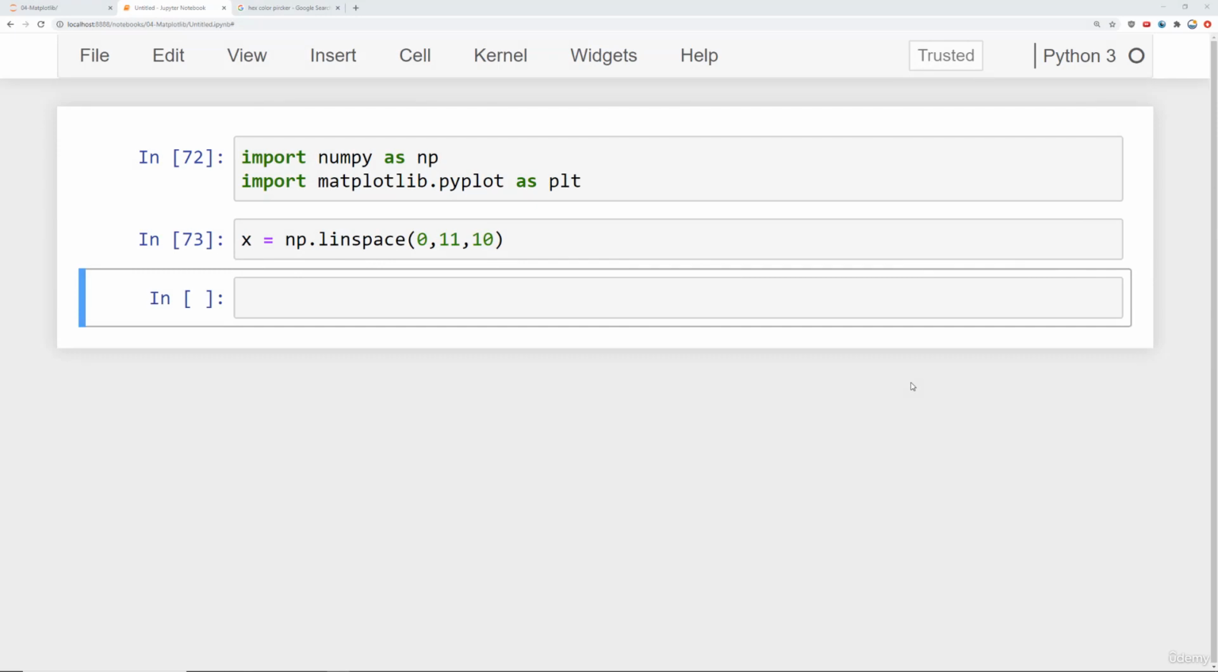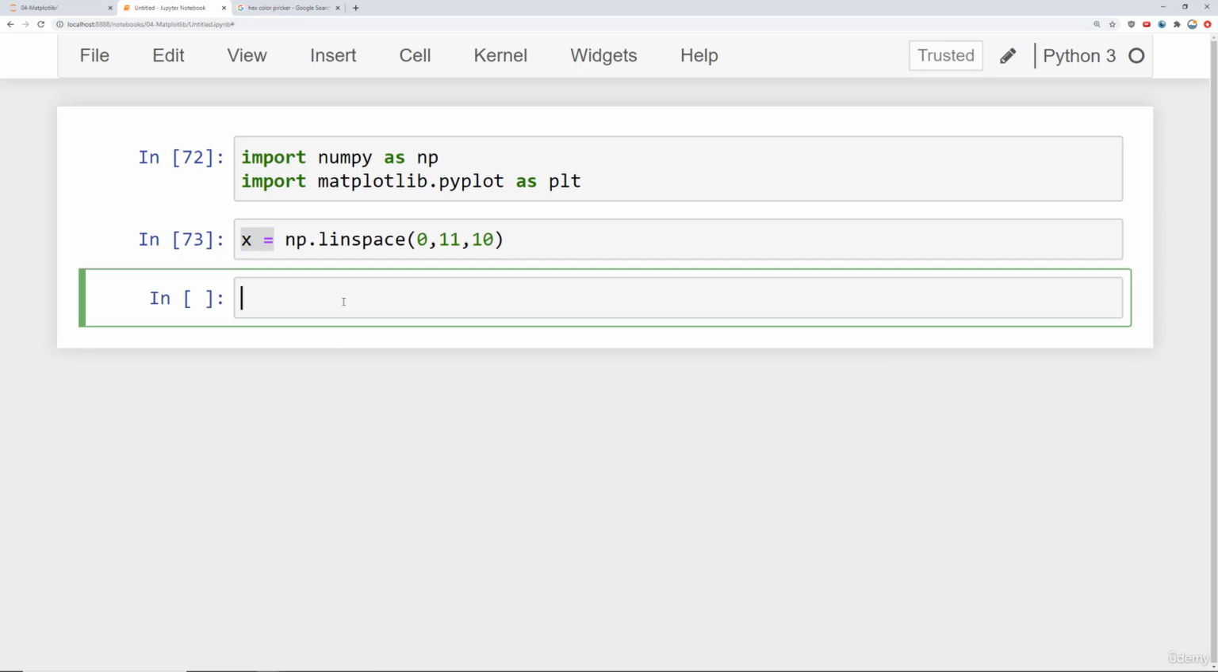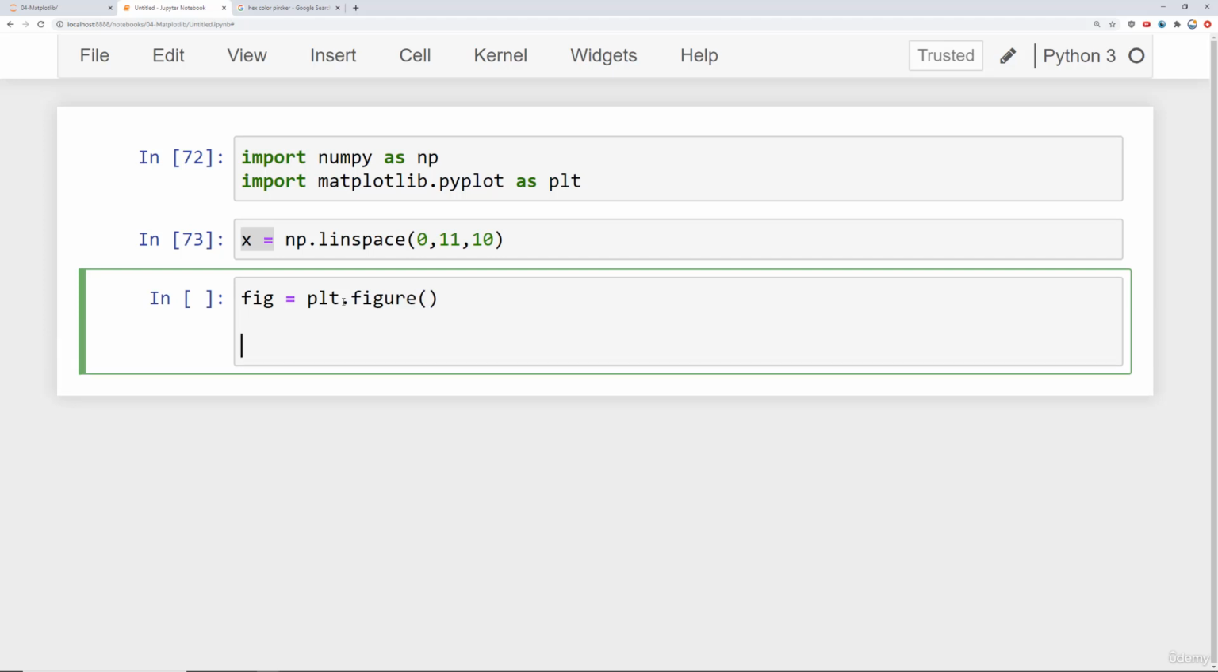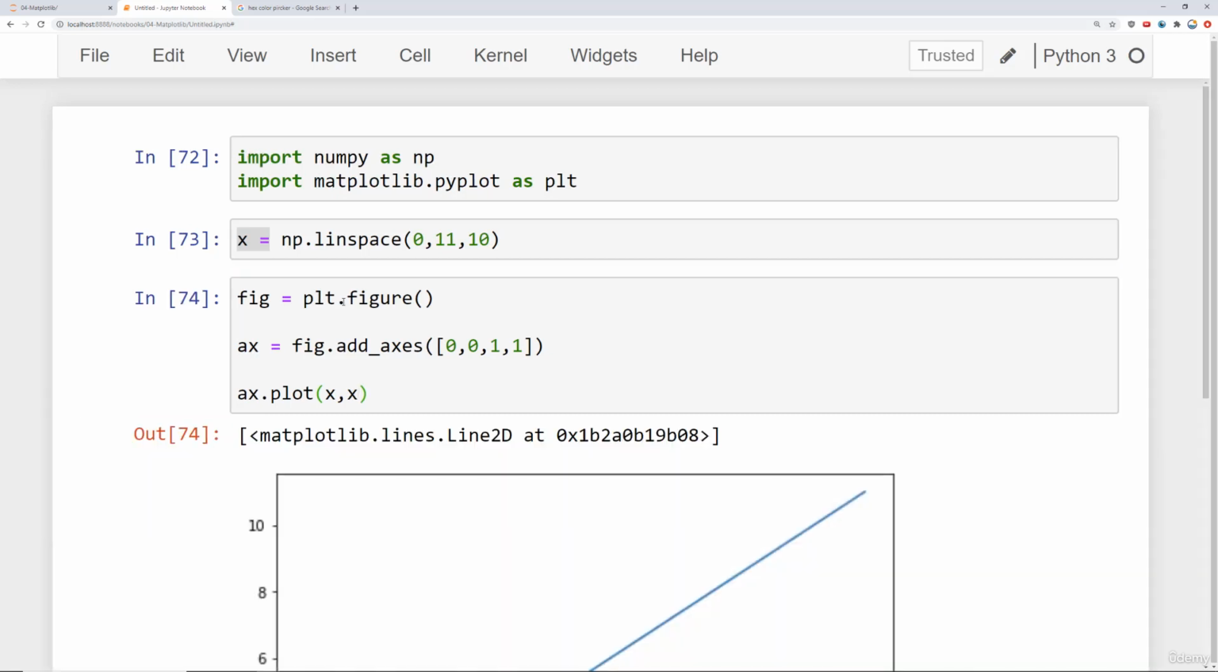Okay, here I am at the Jupyter Notebook. For all of these series of plots we're going to be doing, I'm just going to use the same X array and just plot X versus X or some variation off that. So let's start by actually just creating a simple figure. I'm going to say fig is equal to plt.figure. Then we'll add a set of axes to it. So I'll say ax is equal to fig.add_axes, and then we'll just have it be the entire figure. So we'll say 0, 0, 1, 1, and then I'm going to plot, for example, X versus X to get